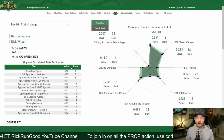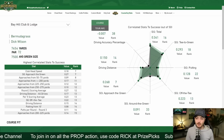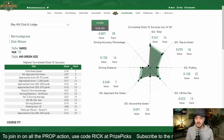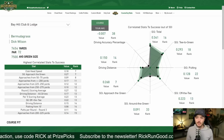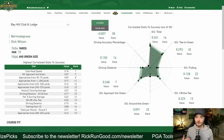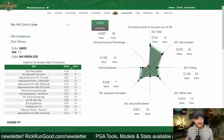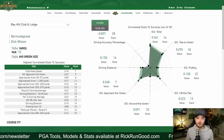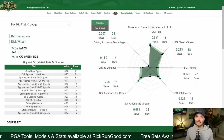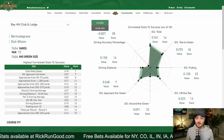And Bay Hill is a golf course that we see a lot and we know a lot about. A couple of items out of the gate. This is long-ish, right? 7,400 yards at a par 72. It plays a little bit longer than that because you are basically at sea level, and also the thick rough that if you miss the fairway, you're not really getting any extended roll, and you are forced to kind of gouge it out of there. So playing out of the fairway in the eye test is important, but if you look at the course key